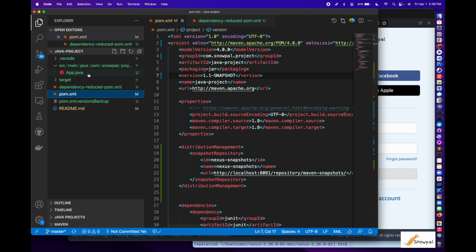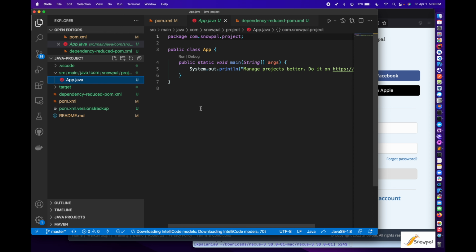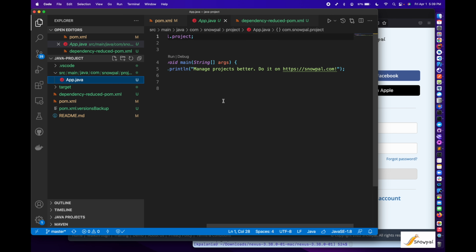So here's the simplest possible, like a hello world Java app. All that it does right now is it just prints a string, right? There's a main method and it prints